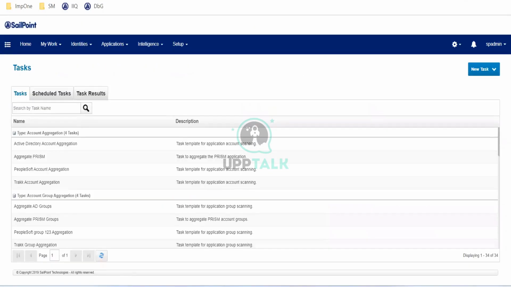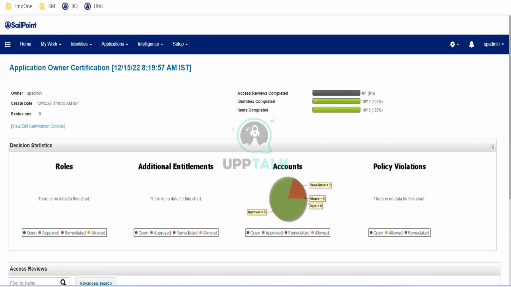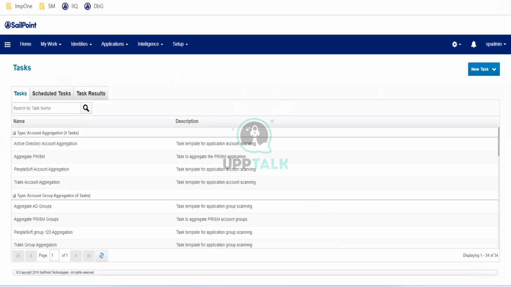I don't want to create a mess, so I've selected only accounts. In case of a role, either it will retain the access or it will delete the access. The role will not be decommissioned; the role access would be taken off the user identity.